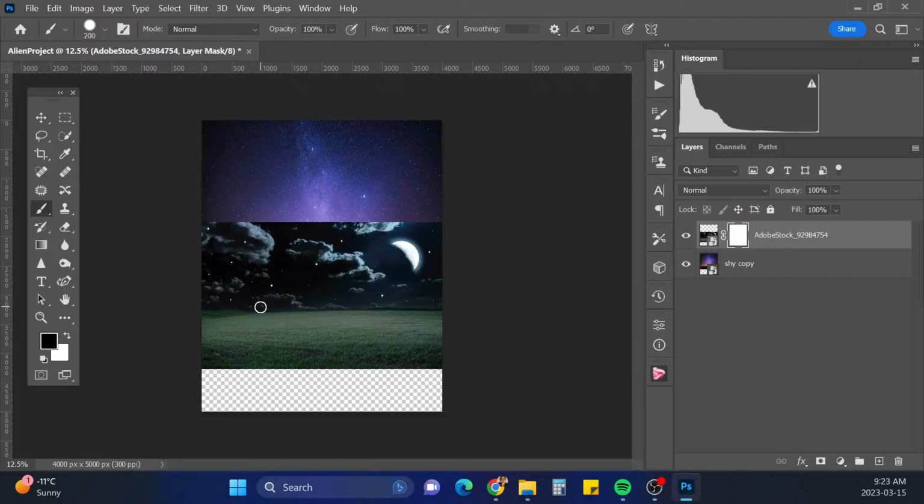Click and shift. Okay, and I'm just gonna color that out.